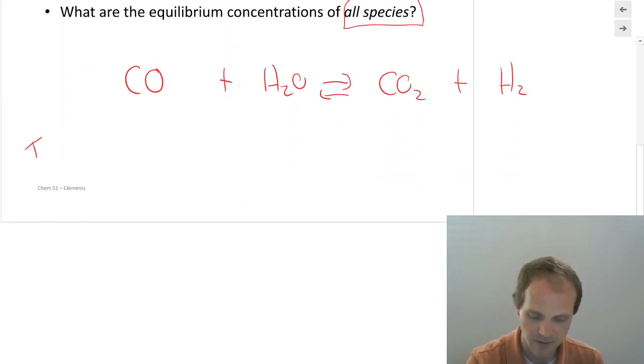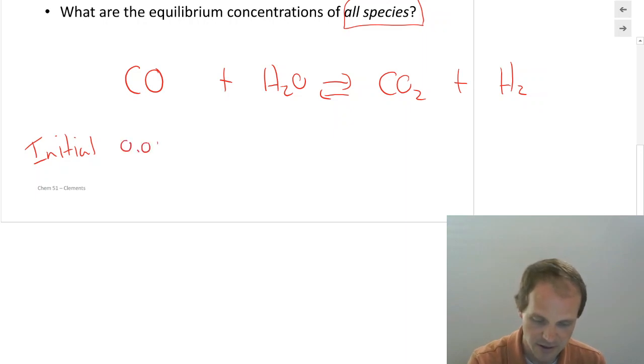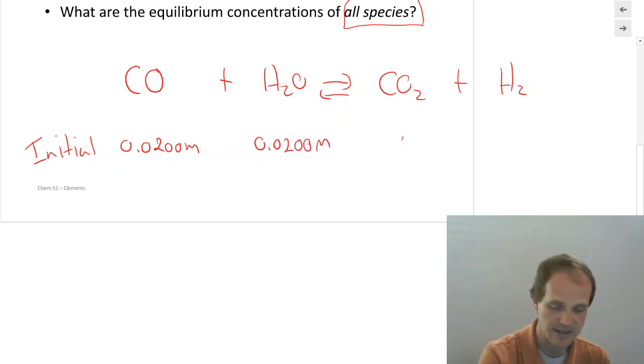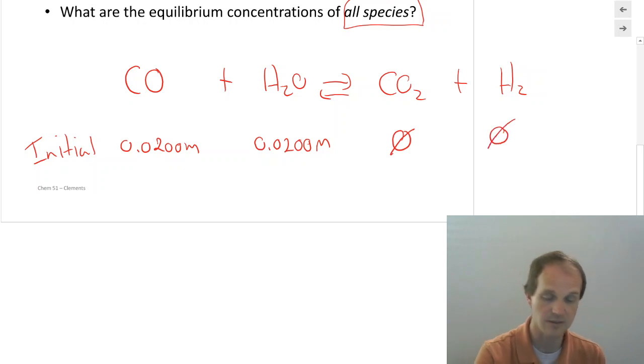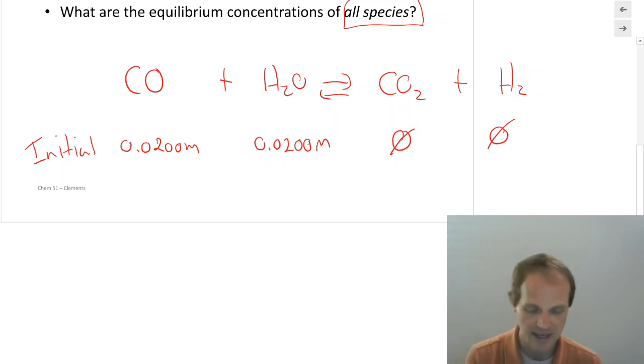What I want to do is write down, what do I have as my initial conditions, right? In my initial conditions, what do I start with? And that is given to me as 0.0200 molar concentration of that and 0.0200 molar concentration of that. It's also useful to write down that I had none of these ones, because we're going to run across problems later on where we do have products. And so it's good to write down those zeros there and make sure we fill in everything.